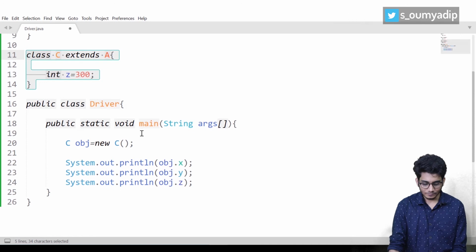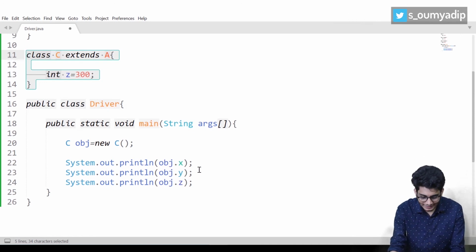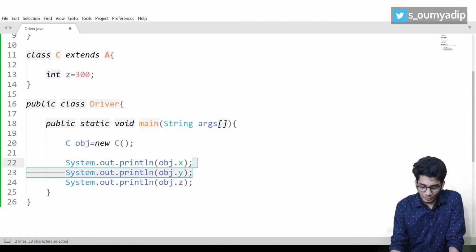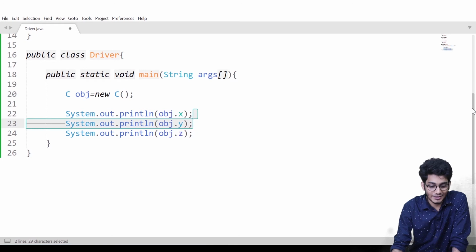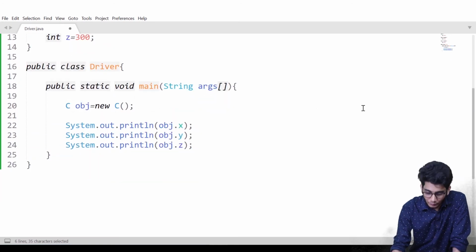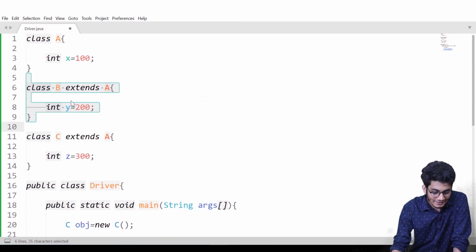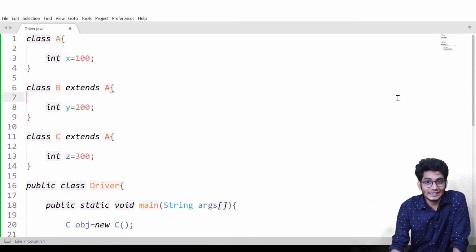Now, can you call this Y by creating the object of class C? You just tell me one thing: can you call this Y by creating the object of C? Y is the property of which class? Y is the property of class B. Now you are performing hierarchical inheritance, not multi-level inheritance.